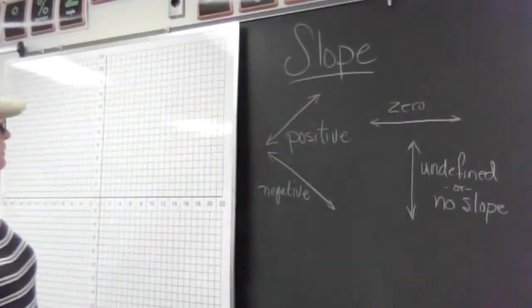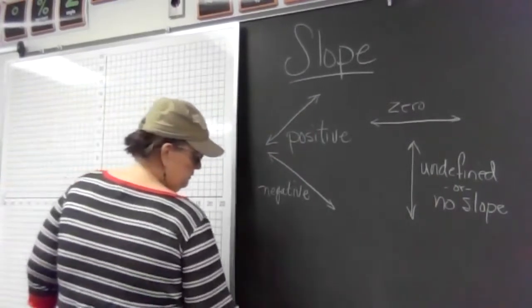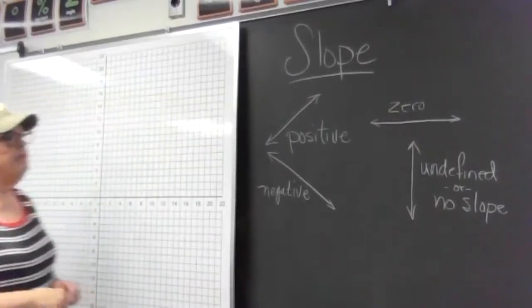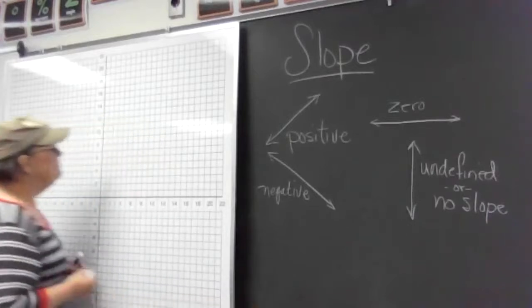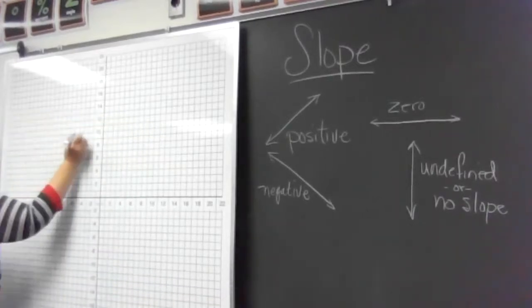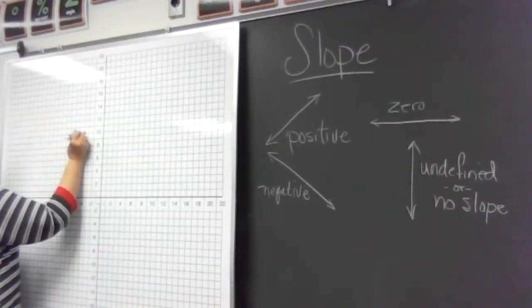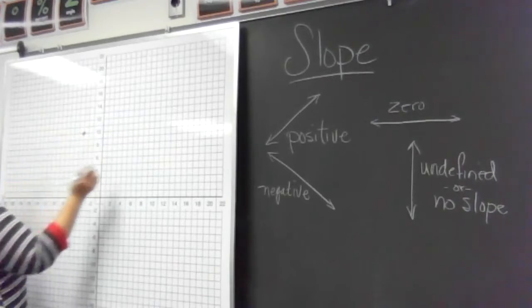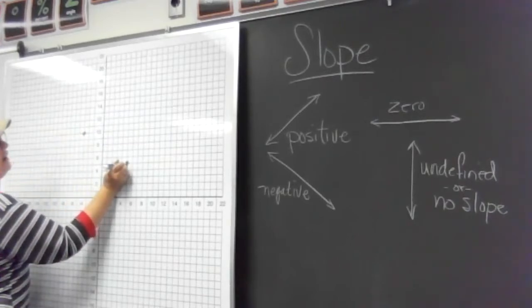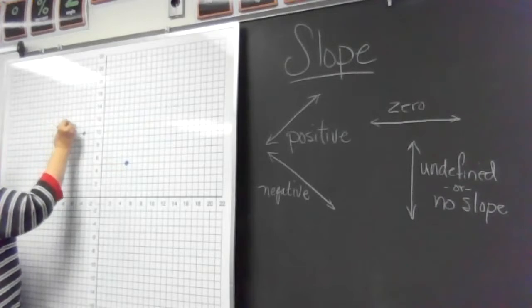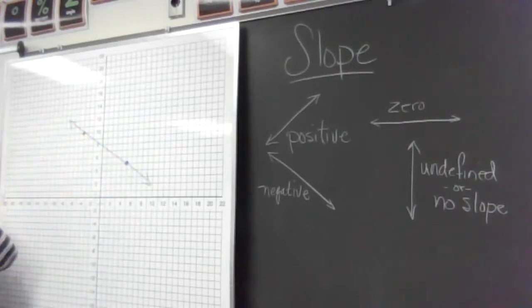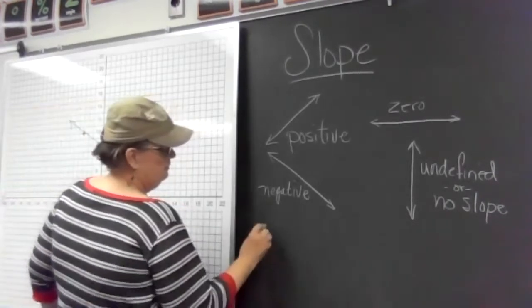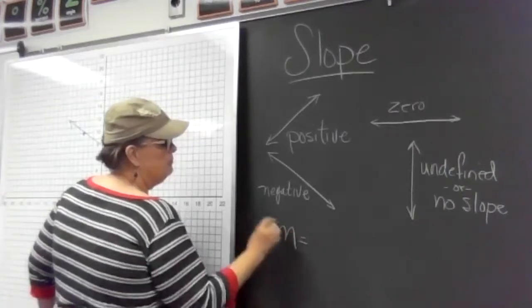Okay, basics of slope. And then we found out that you can find the slope of a line if you have 2 points anywhere on the graph. So let's say here's a point here on the graph, and let's do a point over here on the graph. Now, if we have a line going through that, I'll try to be straight. There we go. Then all we have to do, we found out that the slope, and M is going to stand for the slope,